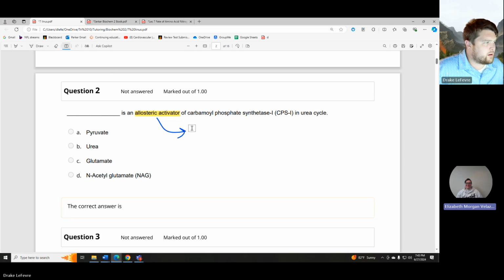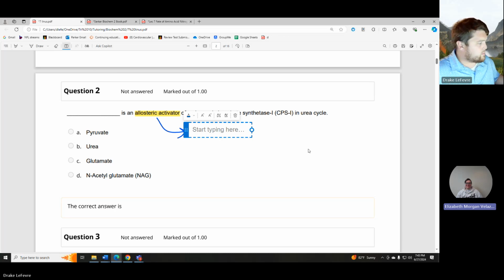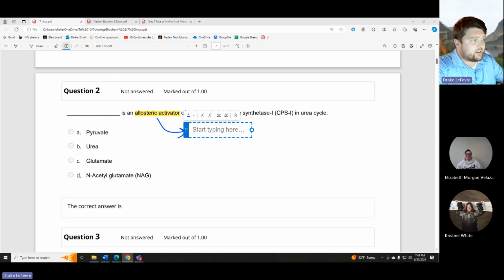Allosteric inhibitors are going to bind to the site. So allosteric activator, is that where basically the substrate binds where it's supposed to? So allosteric is going to be where it doesn't bind to the actual active site. Okay. So allosteric